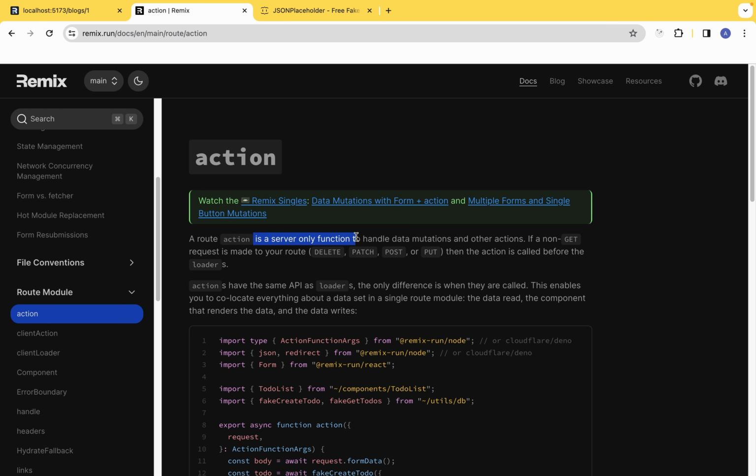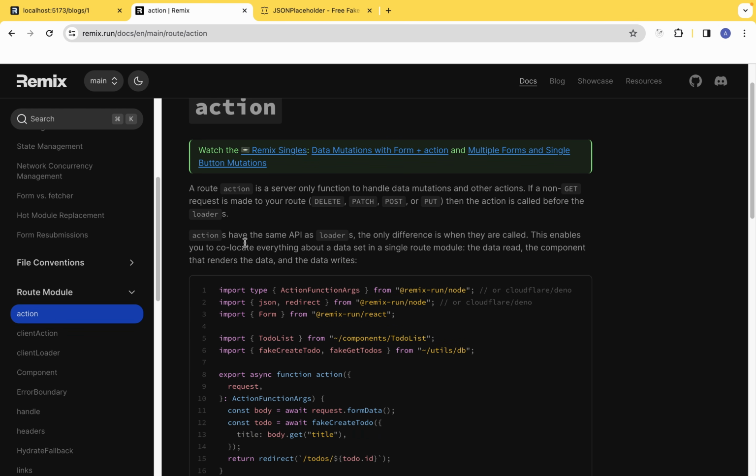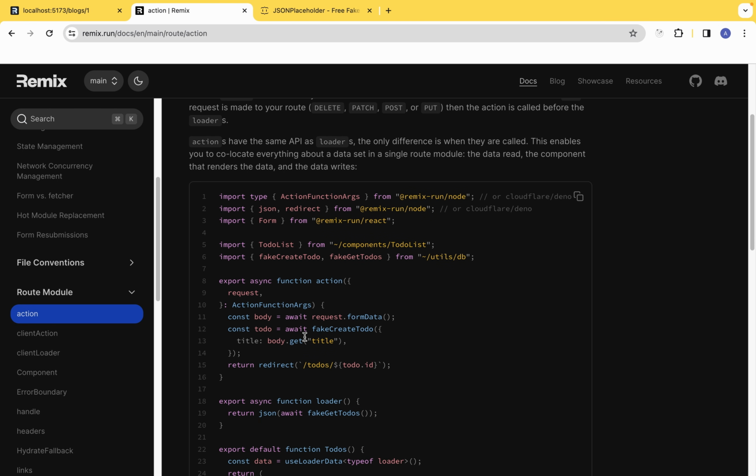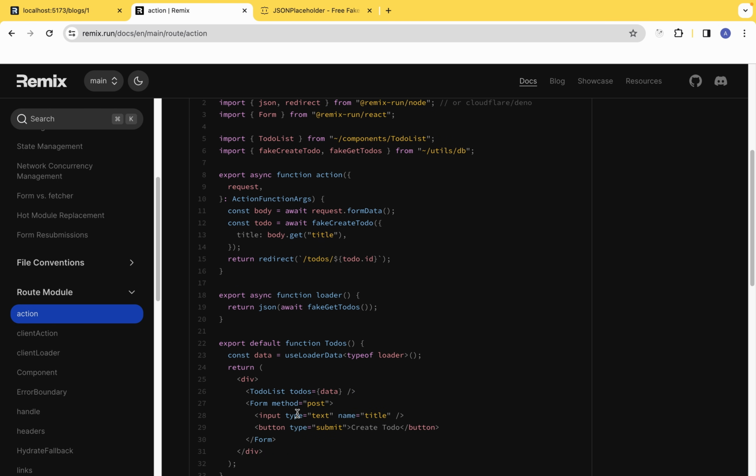and this action is a server only function to handle data mutations and also actions. Okay, and if a non-GET request is made to your route, then the action is called before the loader. Okay, now in this case, if it's a non-GET request, then this action is going to be called. Now actions have the same API as loader, and the only difference is when they are called. Okay, this enables you to collocate everything about the data in a single route module. So it has the same API as we just saw here,